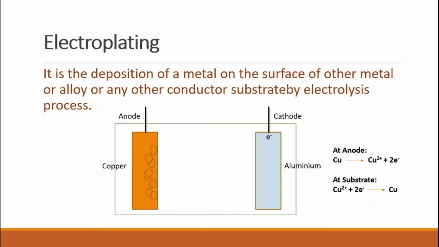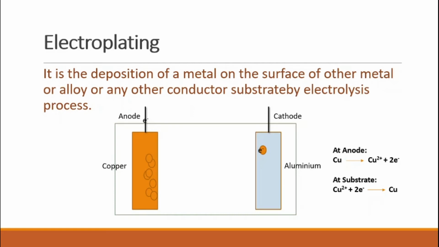into Cu2+ ions. And at the substrate, that is the cathode, the Cu2+ ions will accept 2 electrons and get converted into copper atoms or copper metal. Now let us see that with the help of this animation. You can see that one Cu2+ ion is generated at the anode and got deposited at the cathode. And at the anode, it liberated the electron, and at the cathode, it accepted the electron.